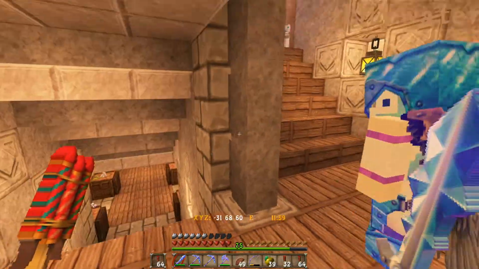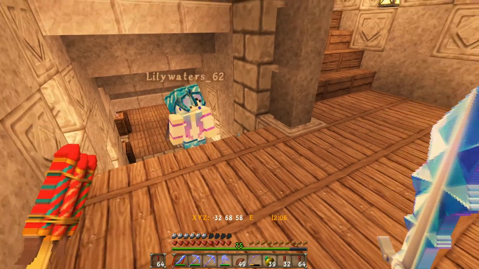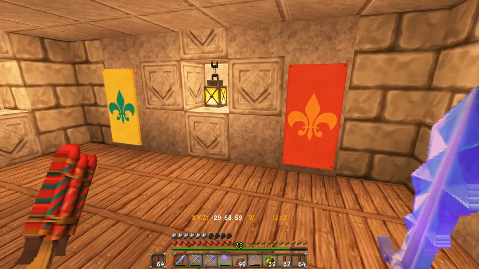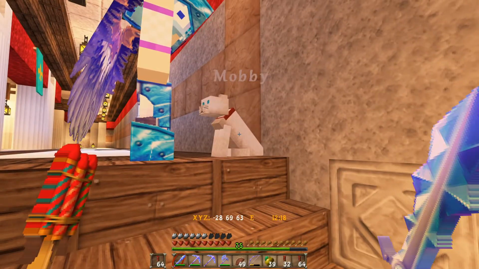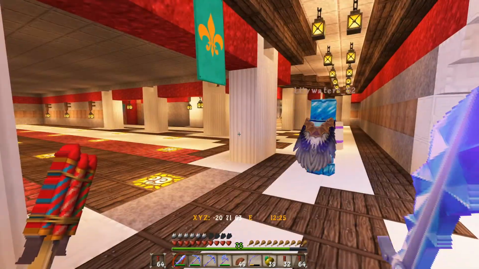You went upstairs? Yeah, I did. Go there upstairs. You want to introduce this one? Well, whenever we come up these beautiful, wonderful stairs, we see these lovely banners that I have made. They are lovely. Then we have Mobby or Moby or whatever his name is. And then through here we have the Grand Hall, which